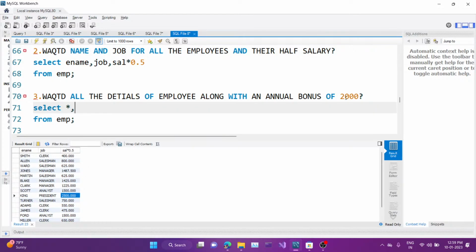So we are going to find sal into 12 plus 2,000. After executing this, the column name is sal into 12 plus 2,000. I don't want this name, so the column name should be annual bonus. For this, as